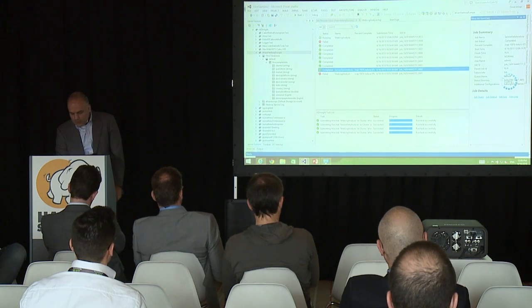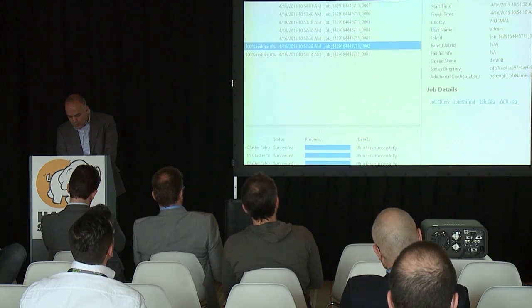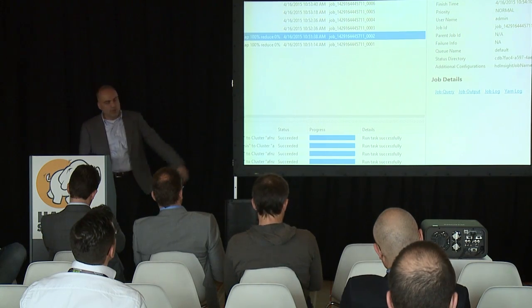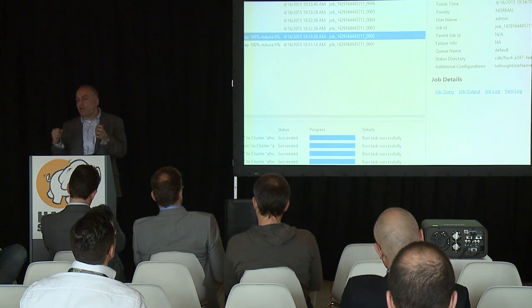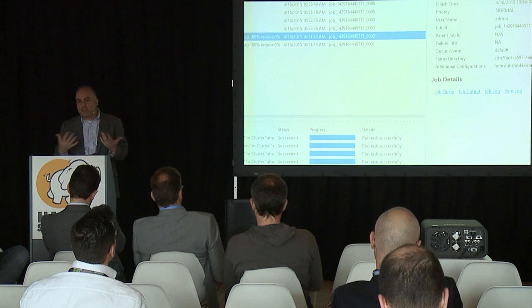If I click on some of these and pull up the job summary, you'll notice that now that they're finished, you have these links where you can look at the query, look at the output, look at the logs, and even collect YARN logs from the various nodes in the cluster, and we'll do the collection, do the integration of those logs and deliver them to you.